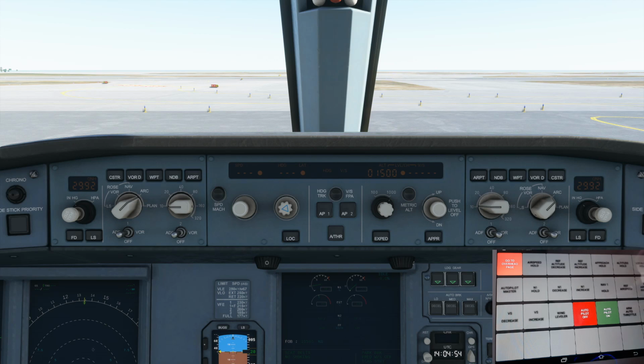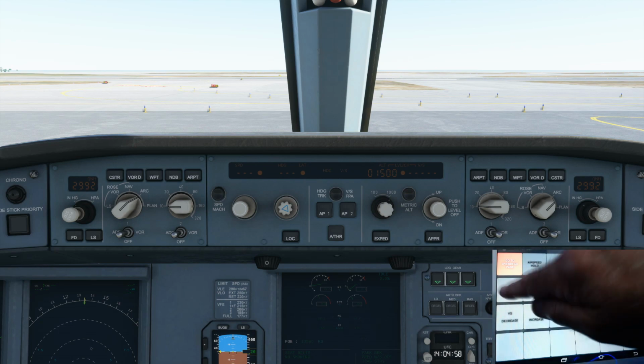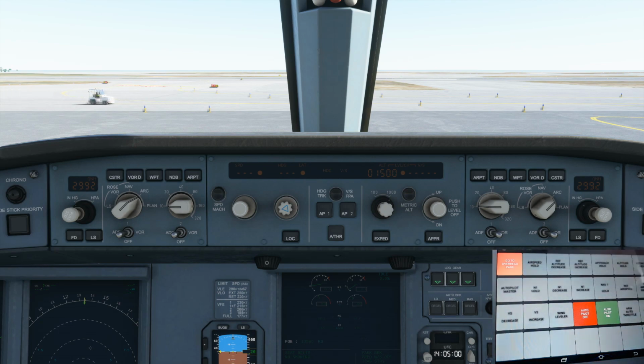What else can we put on? Got autopilot master. There are some of these functions not working, but I'm not quite sure why. I'll get back to you as soon as I know. Approach hold works. Auto throttle, where's our auto throttle? Arm auto throttle,